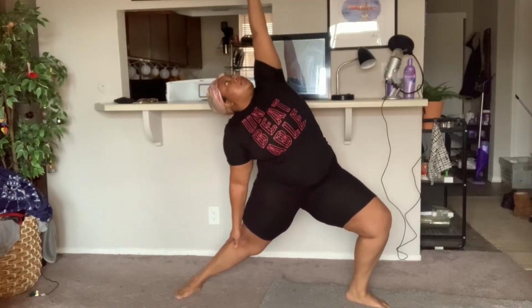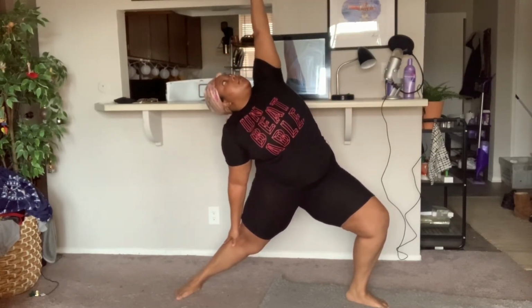We're going to go into our warrior 2 pose. So go to your left side, deep lunge onto your left knee. Make sure your foot is planted to the ground, arms up, and then we're going to lean back with our right hand going into the back leg, making sure we are as deep into that stretch as possible. And then we're going to go back into a warrior 2 pose,